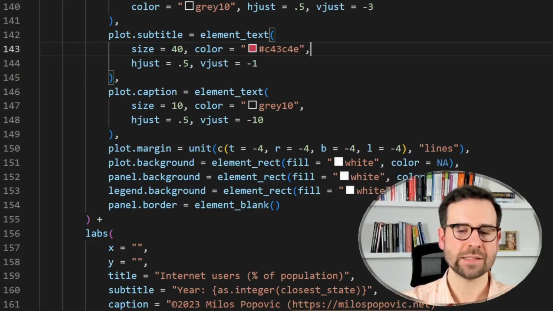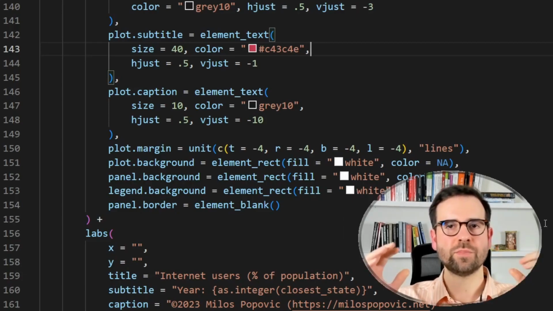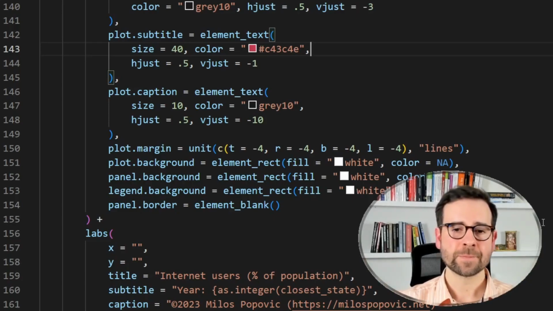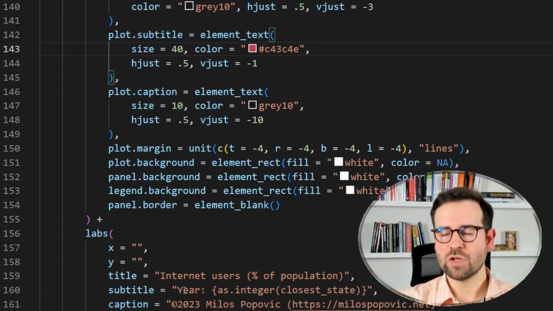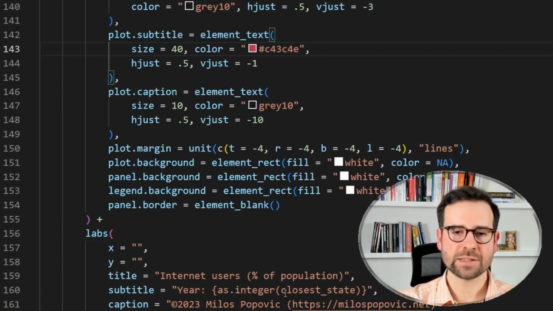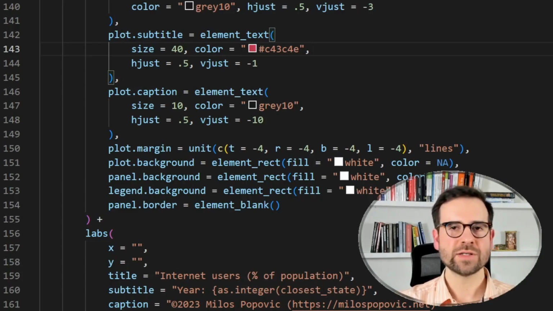Now with the subtitle, what's really important here is that if you want your year to appear on the plot, and if you want the year to change with every frame, you need to do something like this. The year part is not strictly necessary, but in order for the year to appear, you need to define it as an integer and then use this closest_state argument. As I will show you from gganimate, we will use the state function, which will then show a certain state